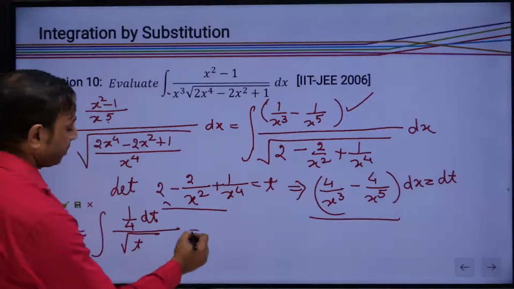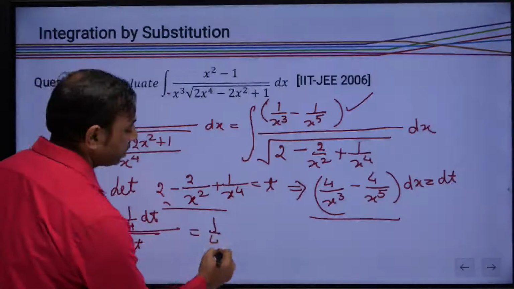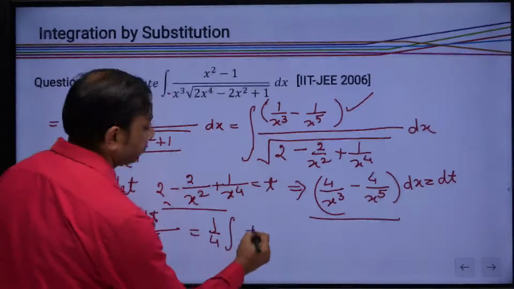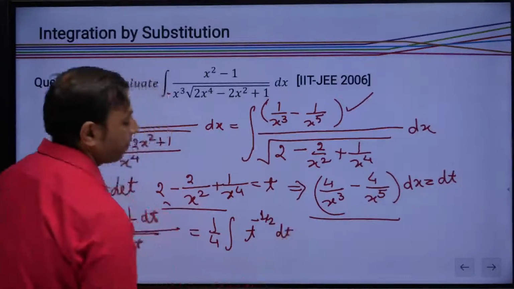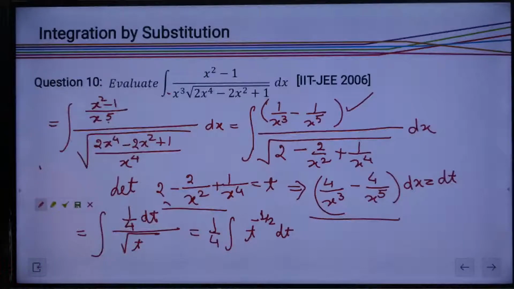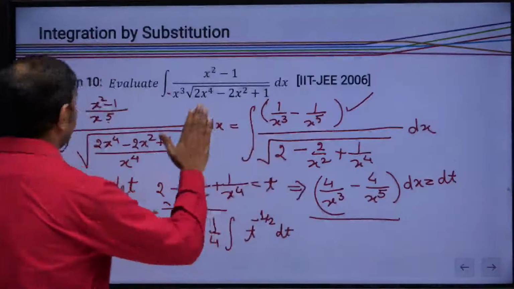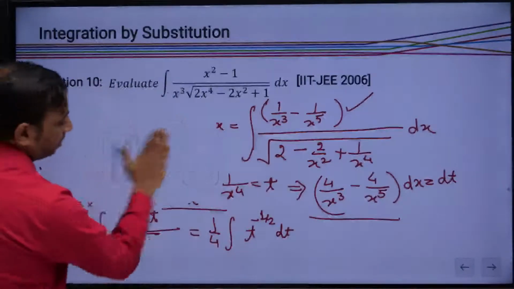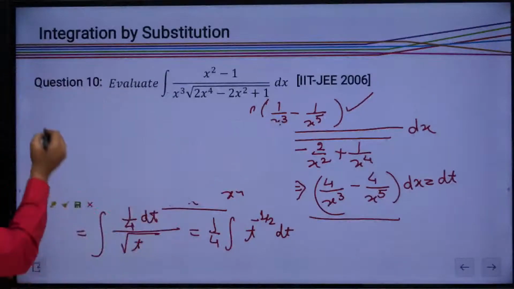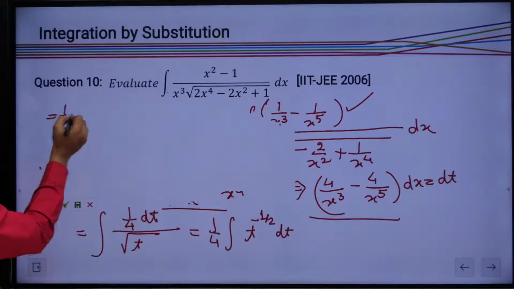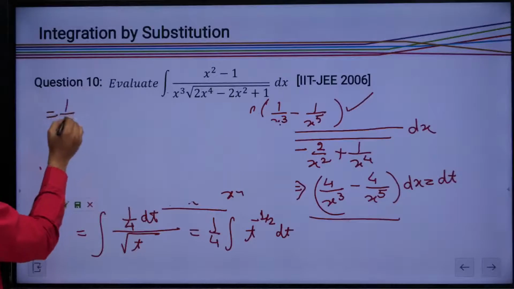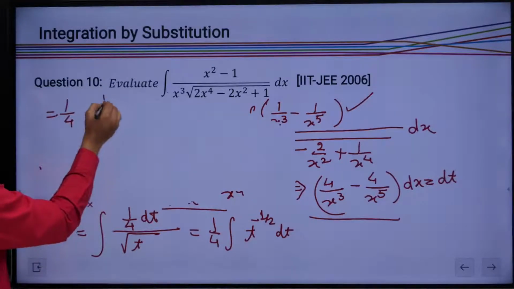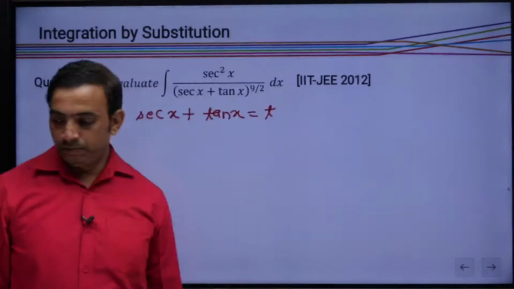Now we have received a simple form of the integration of t to the power minus 1 by 2 with respect to t, and that integration can anybody do. This integration can be done. The 1 upon 4 and t to the power 1 by 2 upon